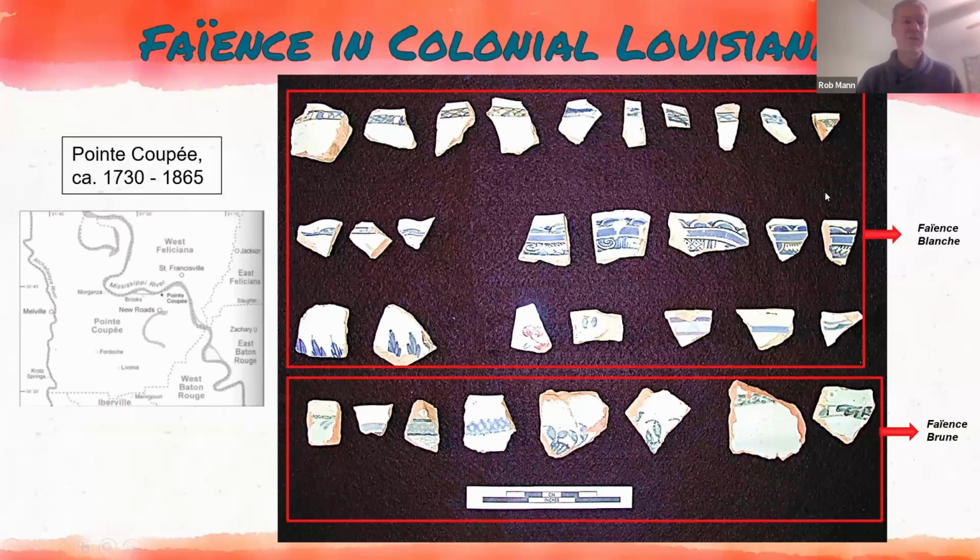Okay, so let's jump down to Louisiana for just a few minutes, because some of you may know that before I came to St. Cloud State, I was at Louisiana State University. I was the Southeast Regional Archaeologist for the state of Louisiana for about 13 years. And while I was there, because my interest is in the French colonial period, I worked on quite a few